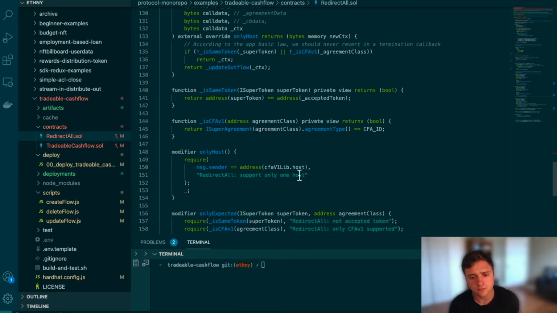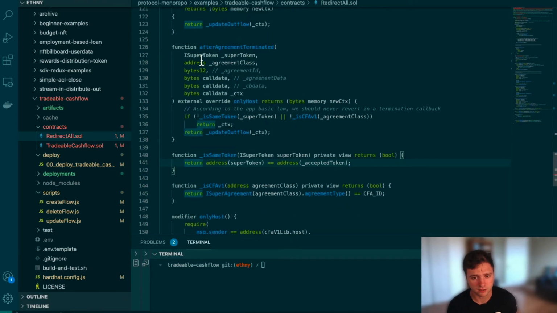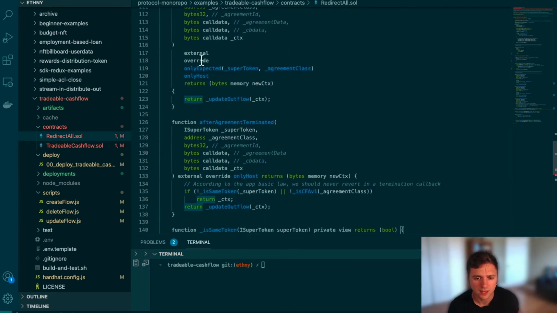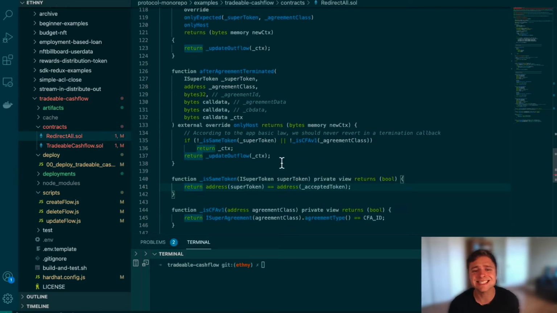Okay? So we went through those, right? That basically constitutes this entire bottom portion, right, which walks through our modifiers. Now we need to walk through the updateOutflow function, okay? And one more thing, just to make sure that we're on the same page here. Inside the after agreement terminated callback, we need to be very careful, okay? You cannot have a revert inside of the termination callback. So what we do is we make sure that it's not going to revert by ensuring that this